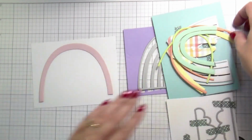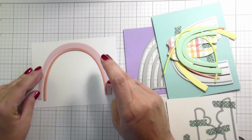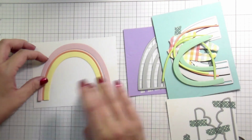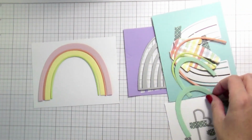I wasn't. Well, you know what? I guess I did, because it's not even a traditional rainbow. It's pastel-y. But anyway, so these are all of the colors, and I used a mix of cardstock that